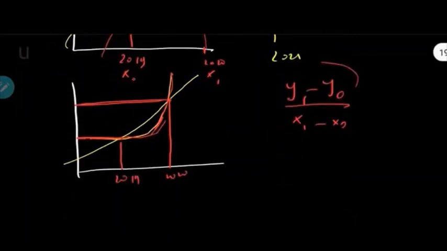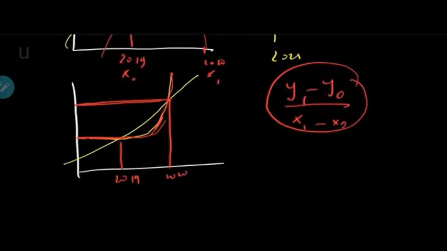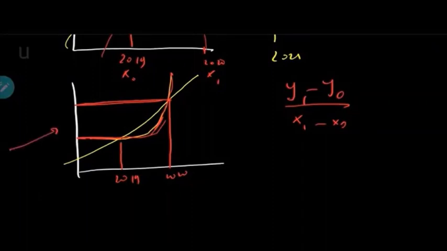So this ratio will give me an idea about the rate of change, but this ratio is clearly not enough, because in this case the ratio between the yellow one and the red one is the same, even though these two functions don't have the same behavior,